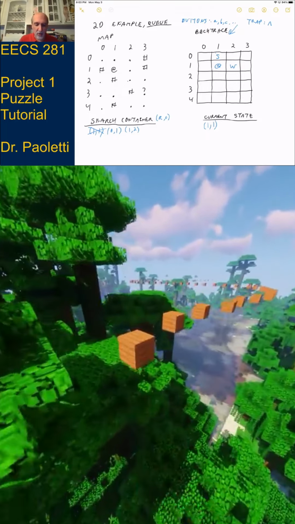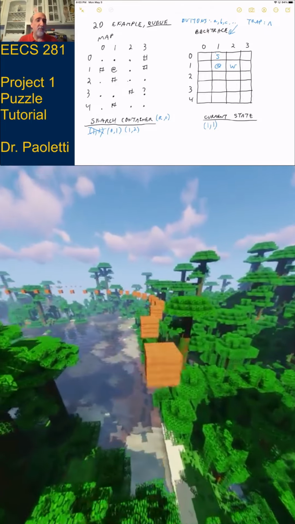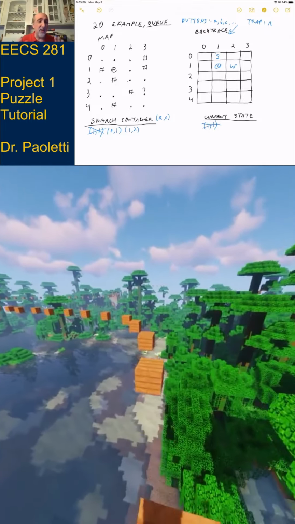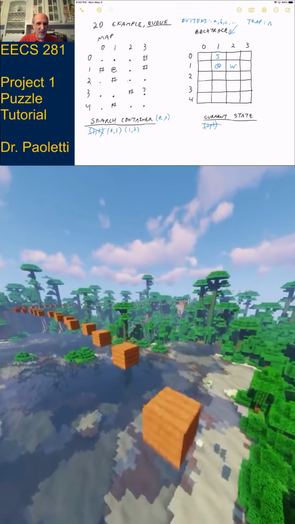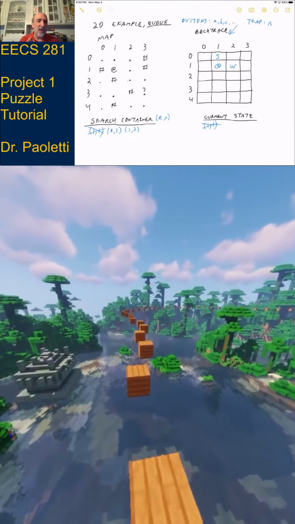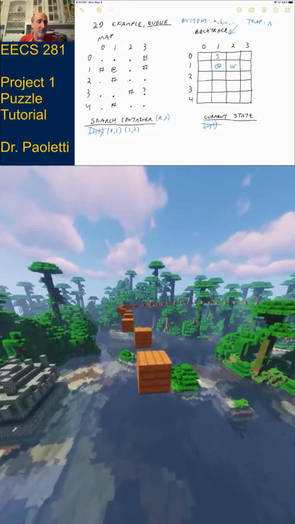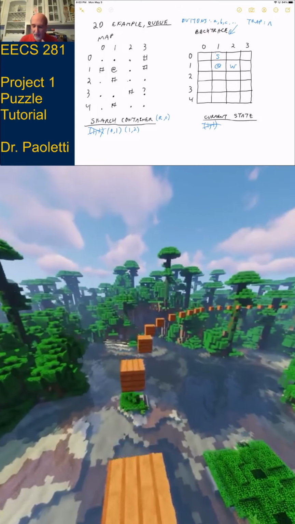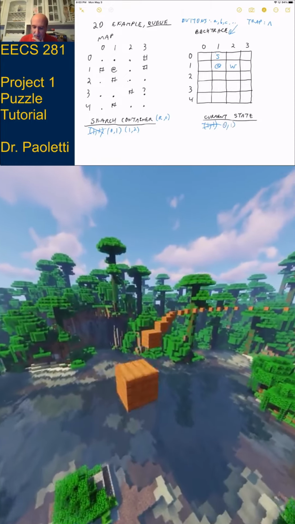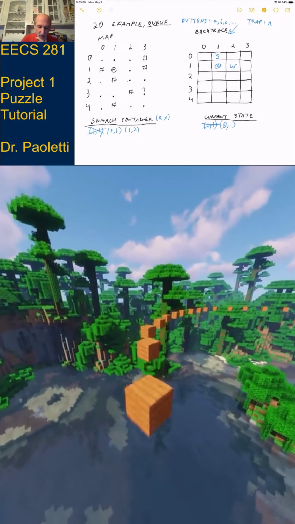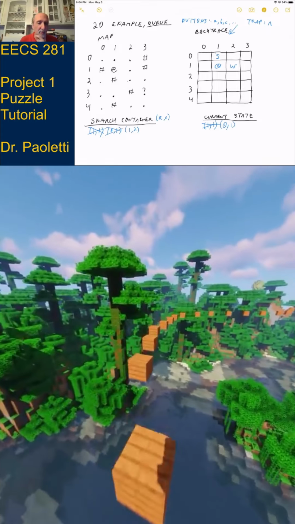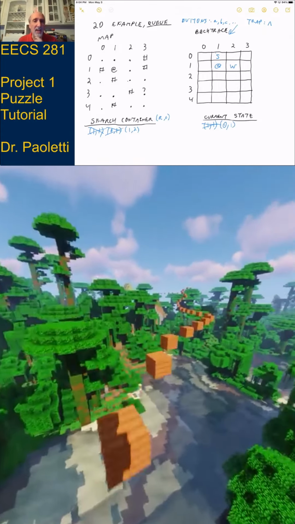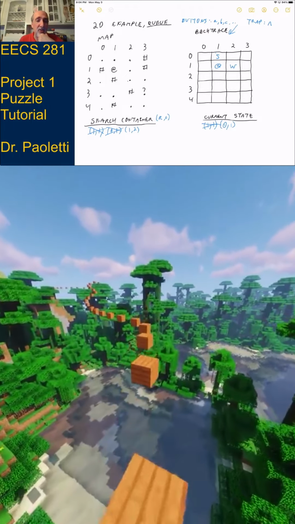All right, now I said we were doing a queue, so we would take from the front of the queue. The current state is a single variable. I'm going to replace the current state 1, 1 with 0, 1, which is at the front of the queue, and then I'm going to get rid of it from the search container. All right, so my current location is 0, 1, and I start investigating 0, 1.